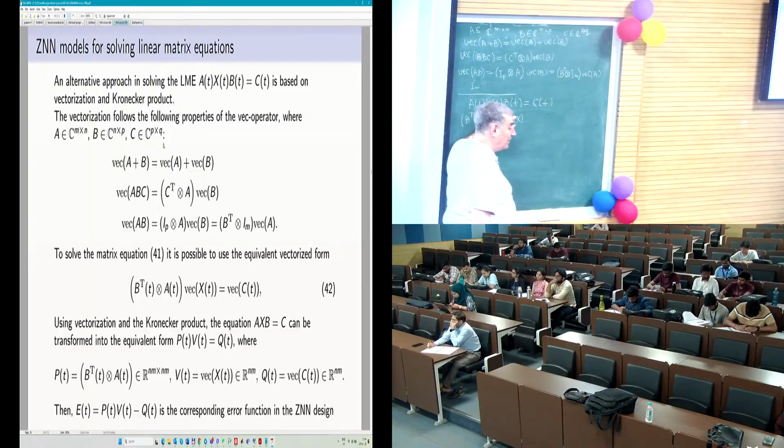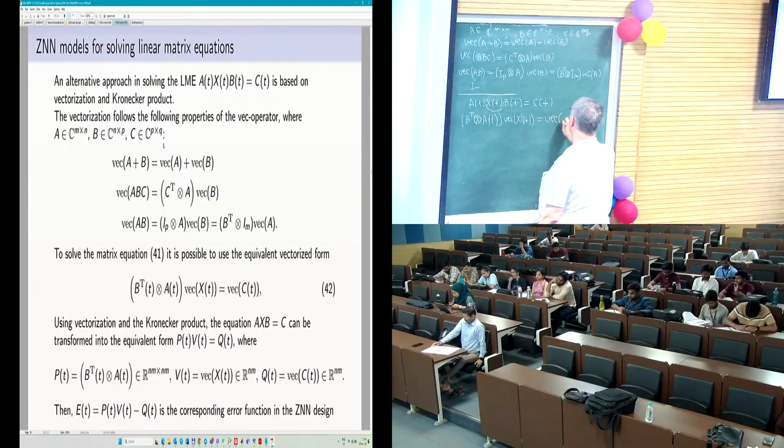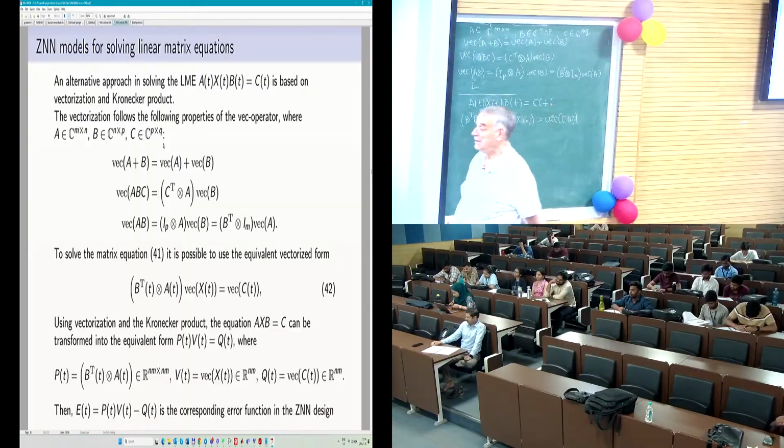This unknown matrix must be in the middle, so that the unknown matrix goes into a long column vector, obtained after vectorization of this matrix, equals that of C of t. And it is a system of linear equations